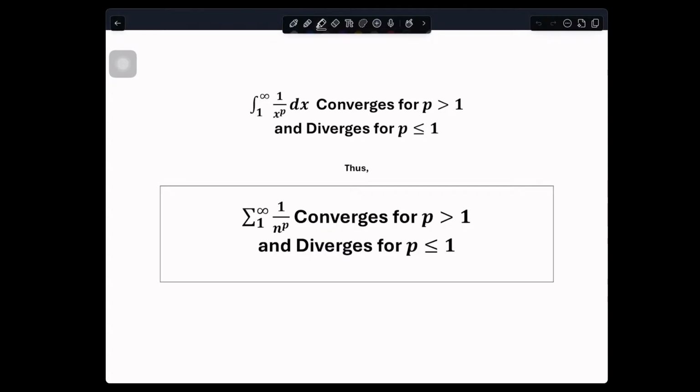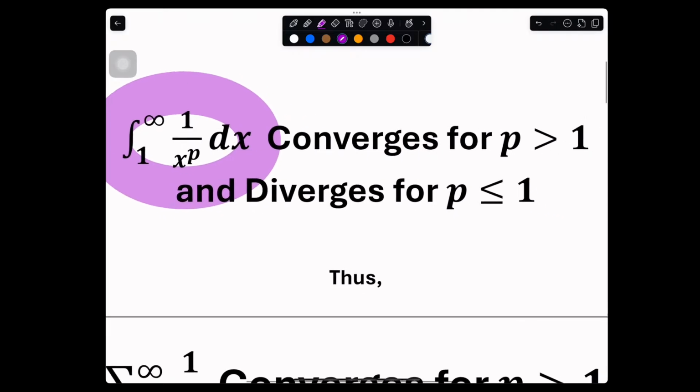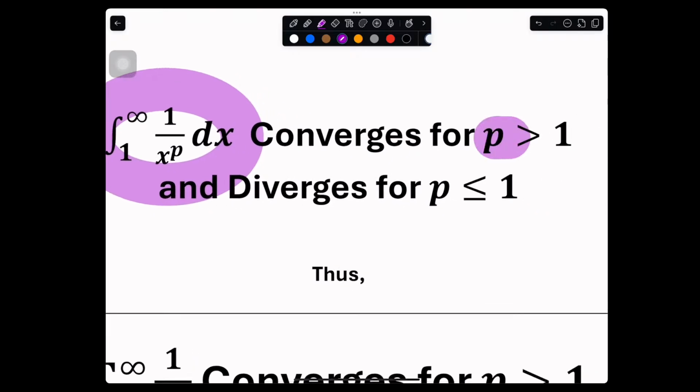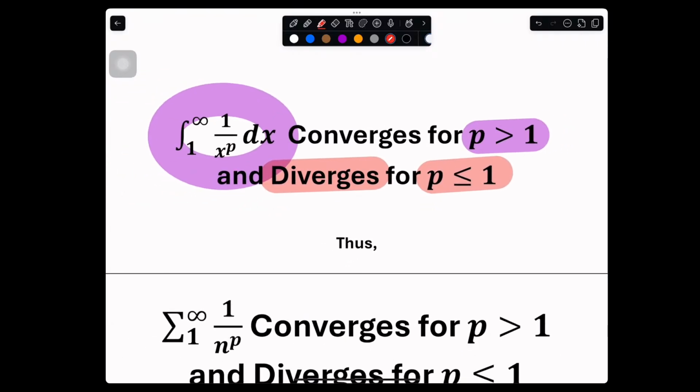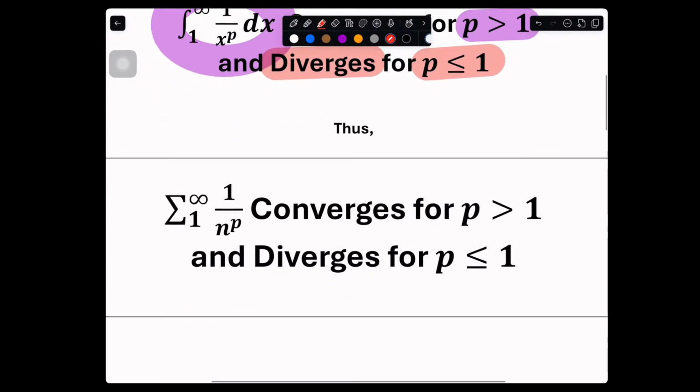Okay, we're going to look to show here how our improper integral converges for values of p that are greater than 1, but diverges for values of p that are less than or equal to 1. We need to show this because by the integral test, what we're trying to show is